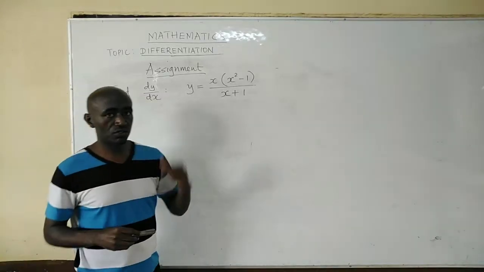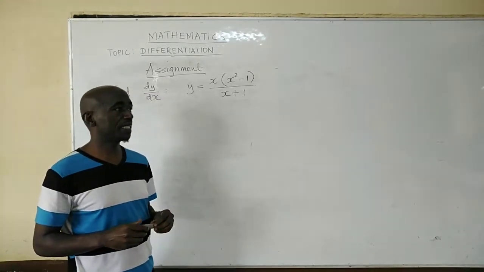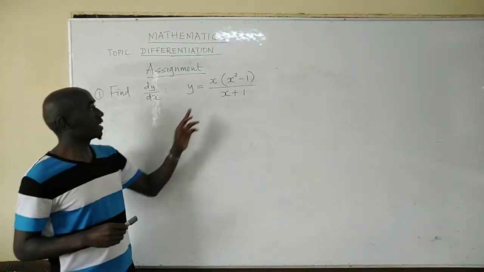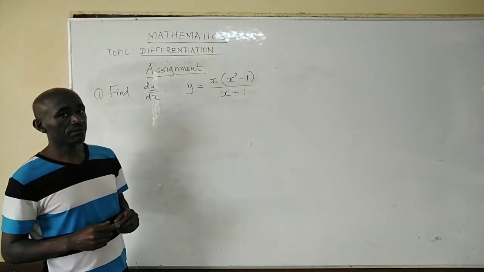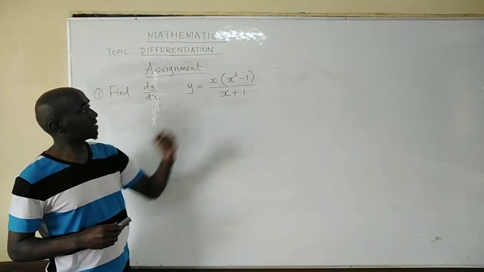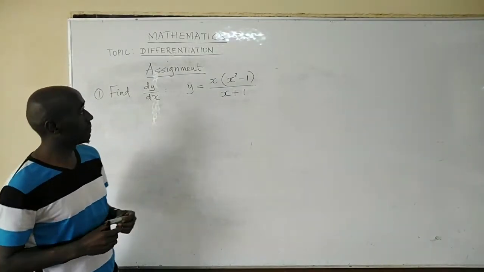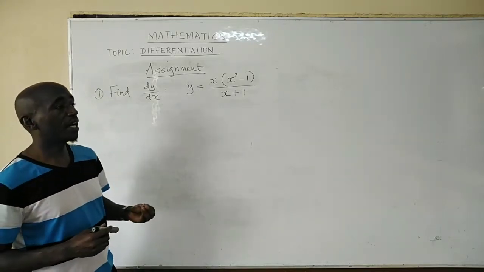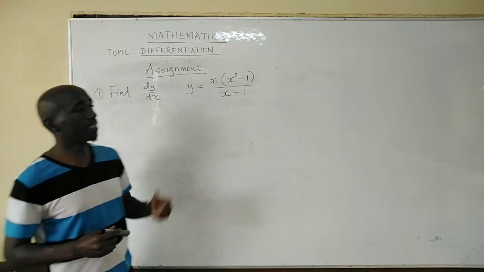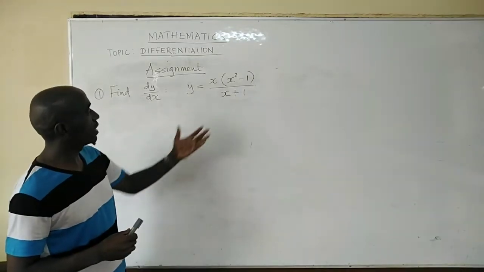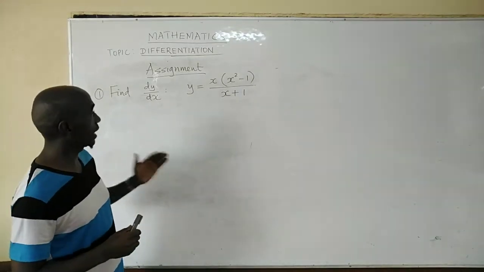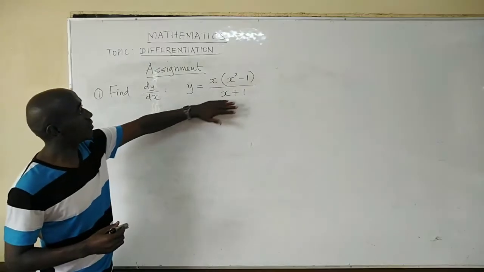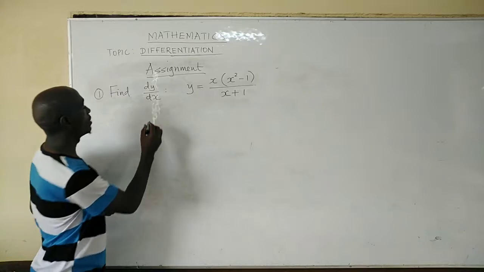And in that lesson, I gave two questions as assignment. One of them is this one here, find dy dx. For that, where we have brackets, we learned that also in our previous lesson. I hope you've tried, and if you've done it, then you can check with me whether you have correctly done it or not. So if this is the function, then dy dx will be,